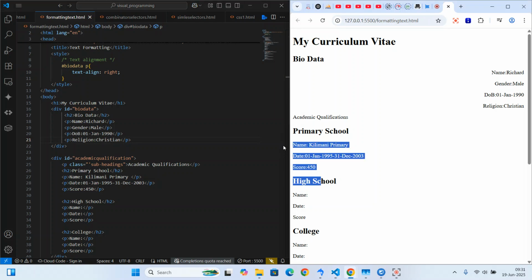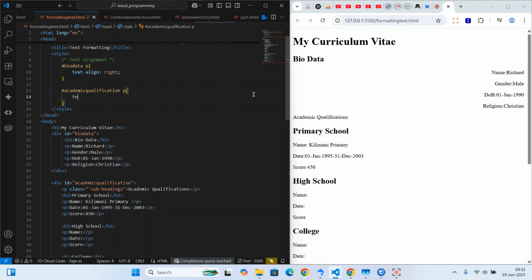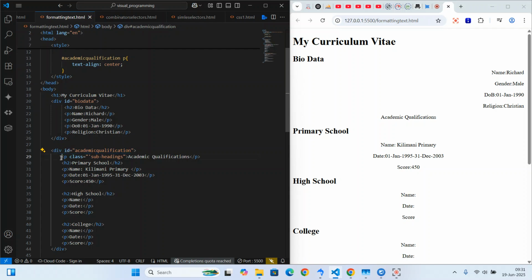Now, if I had this portion over here, these ones over here, and I wanted to center them, I'd simply come here and say, get me a div with an ID of qualification, get me all the paragraphs, and make the text alignment be centered. So these ones will be aligned as you can see at the center. So anything that is going to be inside academic qualification and it is a paragraph, you can see it is lined at the center. Okay, so you can align left, right, or if you want to align them both left